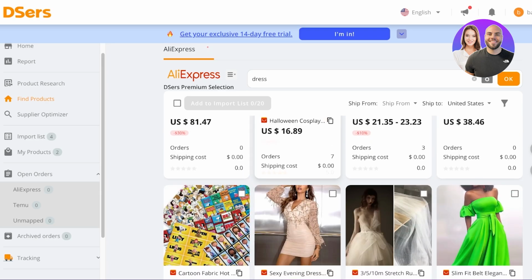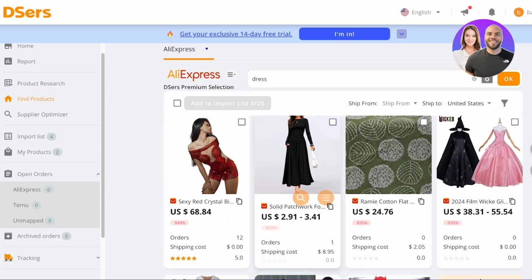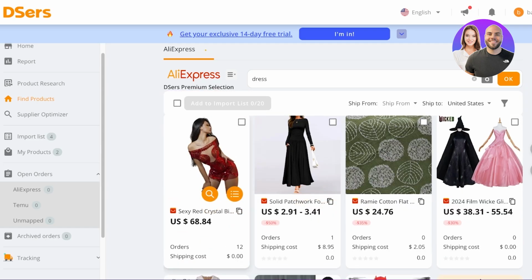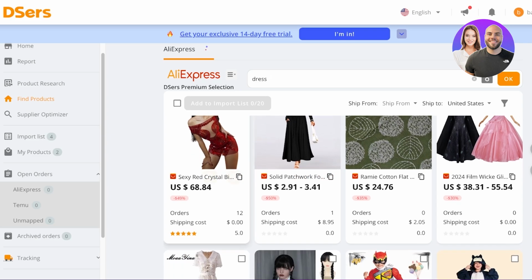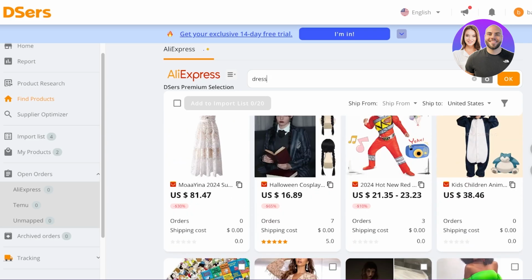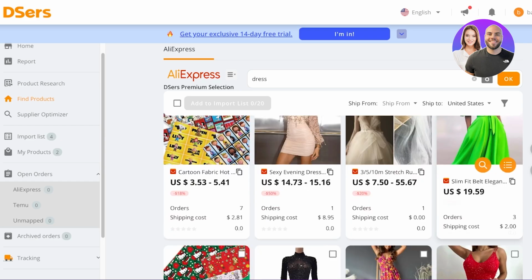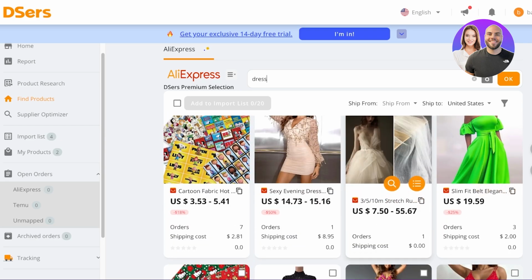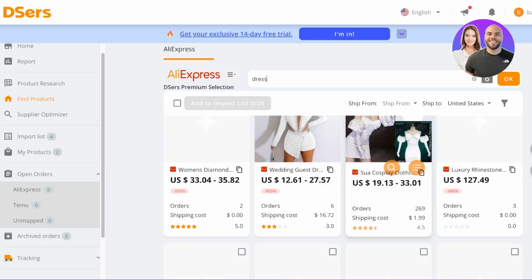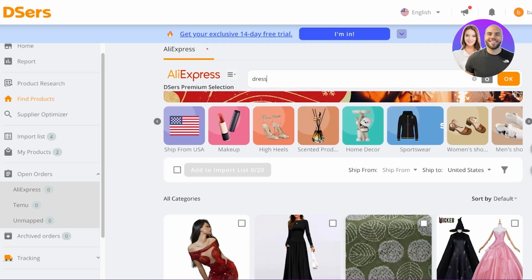So the way that you're going to import this from Deezers to Shopify, or from AliExpress to Shopify, is, first off, you want to make sure that the product has some reviews, or at least you find that this product is trustable. I wouldn't want to order a product that only has 3 orders or 1 order. I would want something that has a couple of orders. So for that, what we're going to do